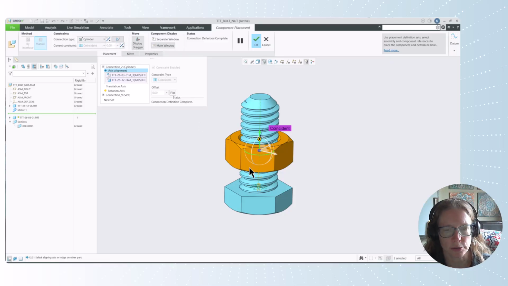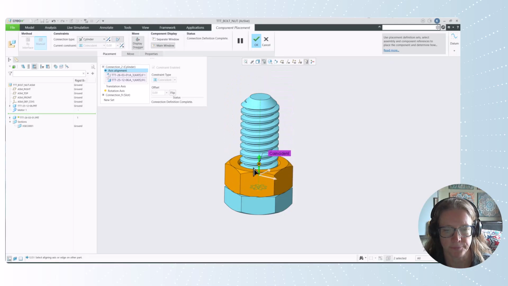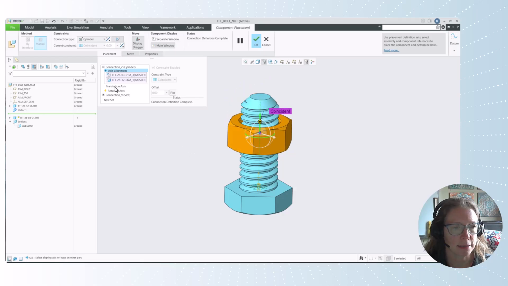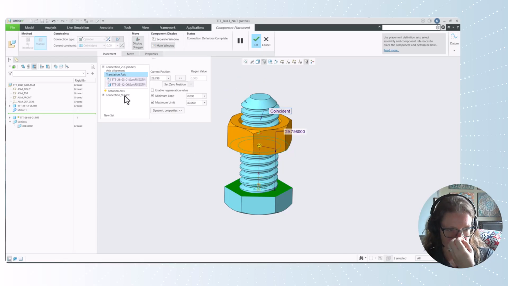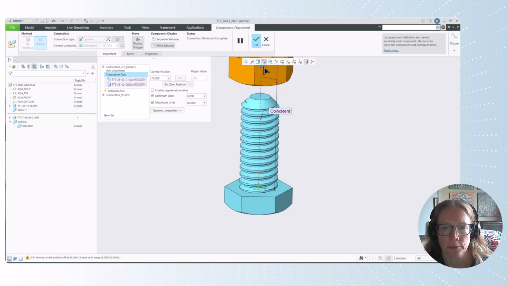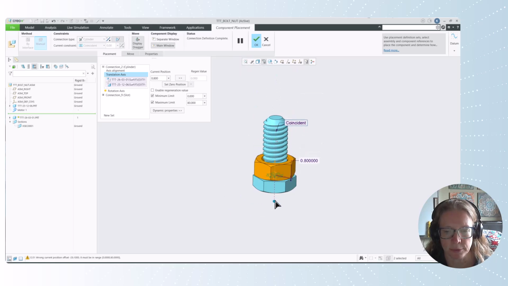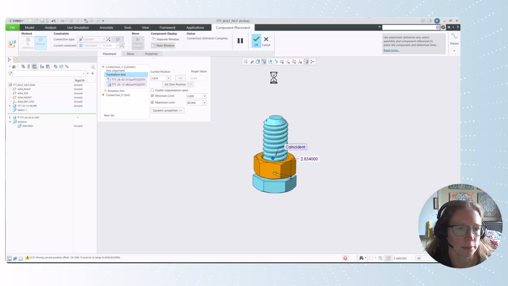So the cylindrical constraint allows it to translate and to rotate. I did set a translation stop point. I set the minimum to 0, and I also have a maximum of 80 as a variation or limit in the translation. So I can go up past the end, but not really much past that, and it will stop when it hits the bottom. So that cylindrical connection,